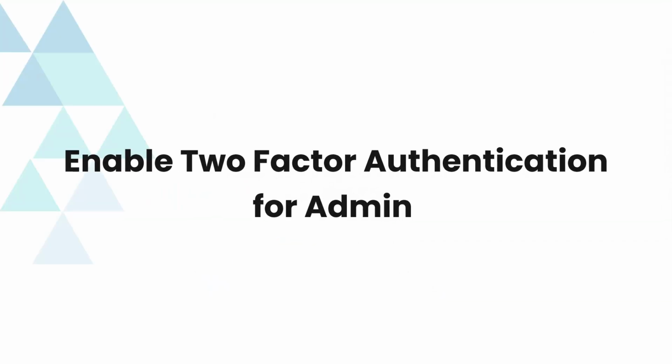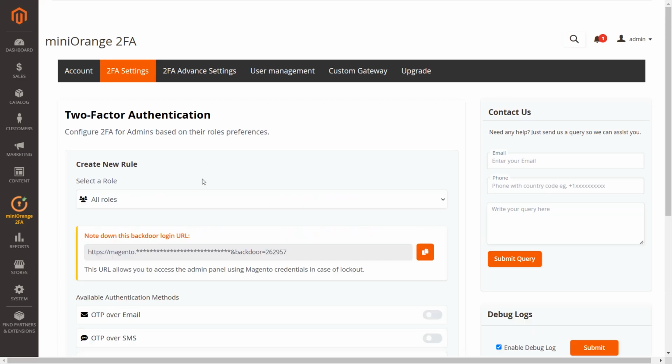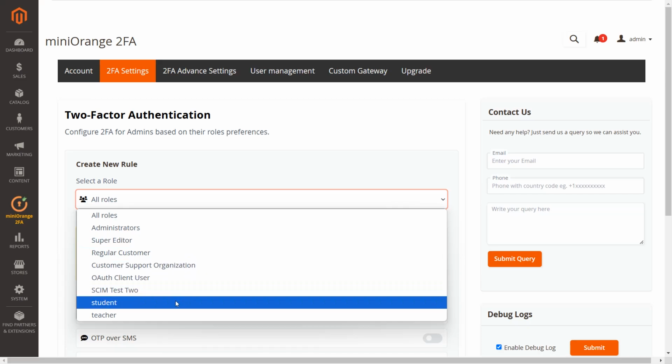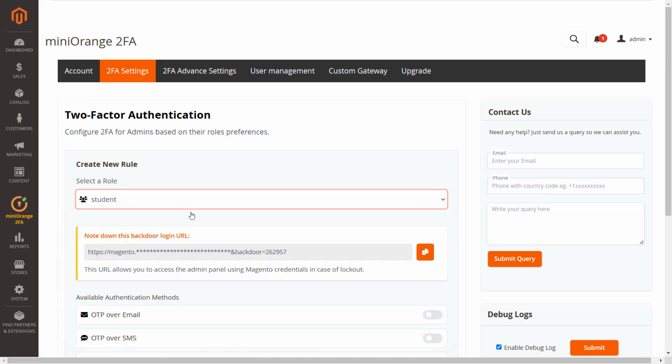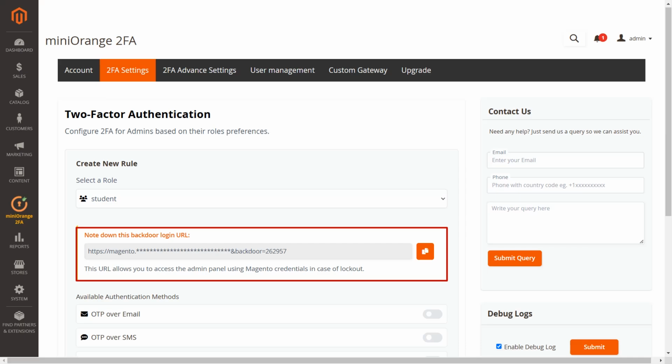Enable two-factor authentication for admin. Under the 2FA Settings tab, select Admin 2FA. Then, select the role from the drop-down, for which you want to configure 2FA. Note down backdoor URL. In case you get locked out, backdoor URL helps you to log into your Magento website